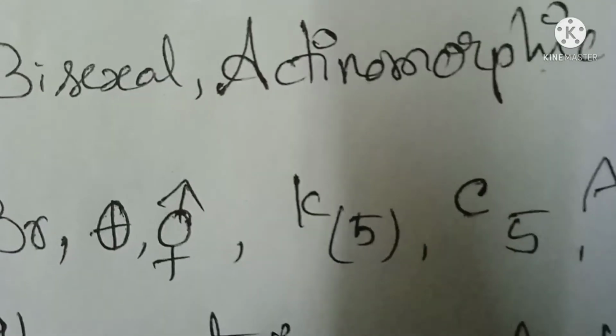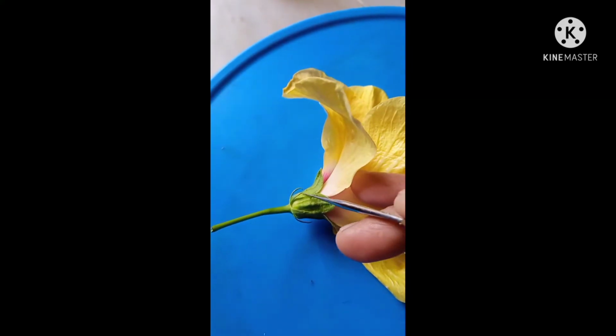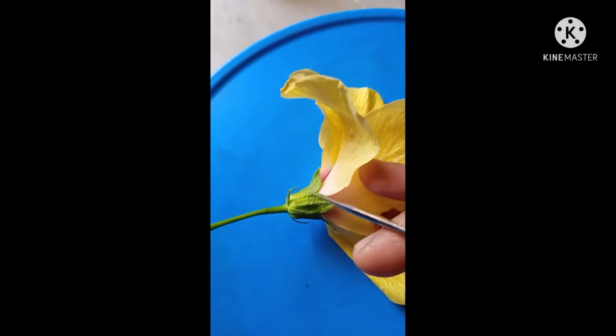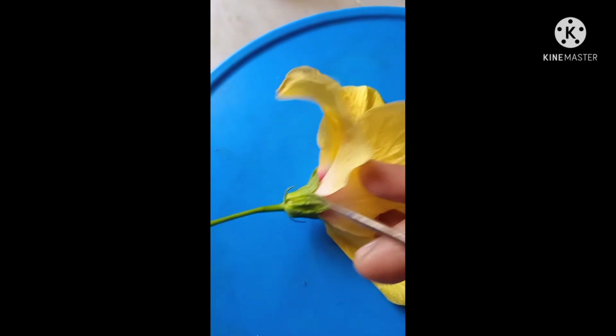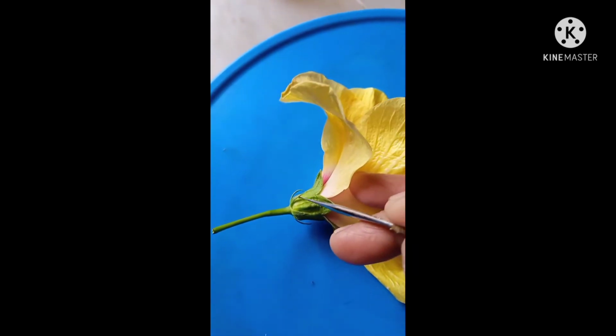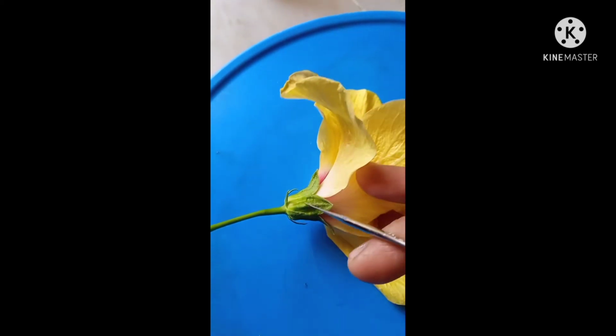As of now, we are going to see the floral parts of the hibiscus, which belongs to the Malvaceae. First and foremost, after the stalk, we can see the epicalyx. Epicalyx is generally 6 to 10 in number, and then the calyx. The calyx is altogether green in color, so they are called gamosepalous. Next to the calyx is the corolla, which is polypetalous because all petals are separate. From the center, we can see one tube-like structure arising, which is white in color, and yellowish powder-like structures attached with stalks.